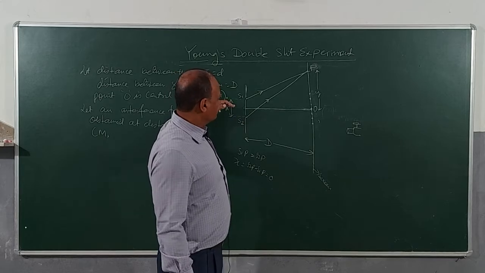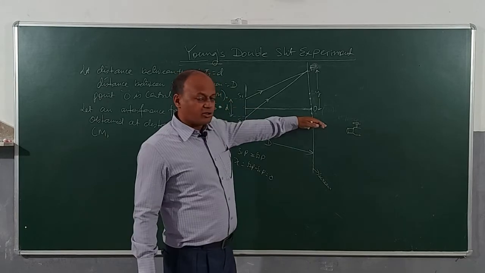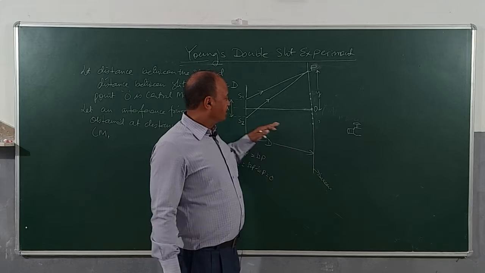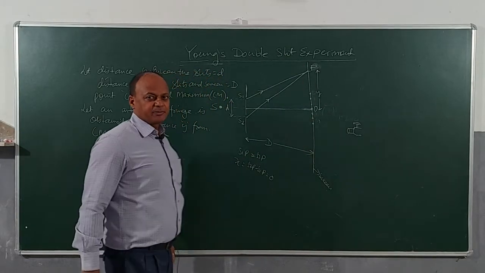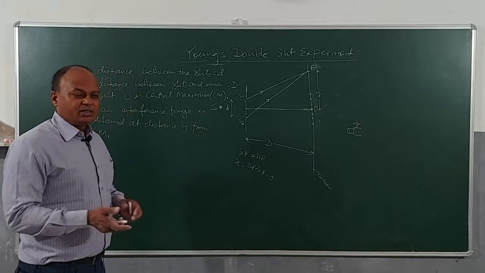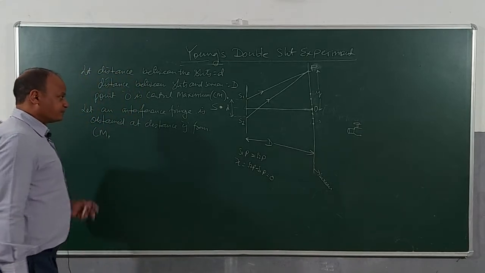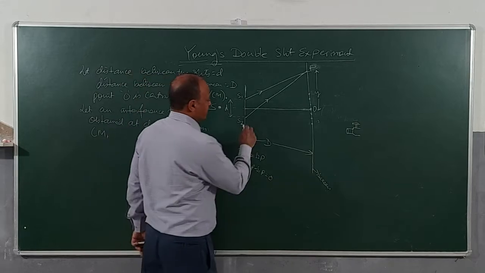Actually I have taken that the screens are placed along x axis. Okay, we are moving along x axis and the fringes are forming along y axis. This is why I have taken y. You can take whatever symbol that suits you. Now children, I will be doing some geometry here.